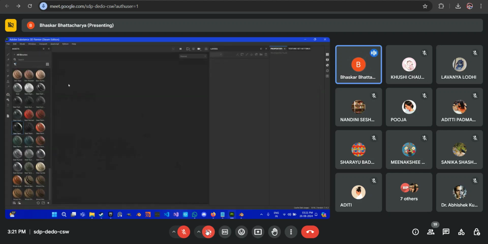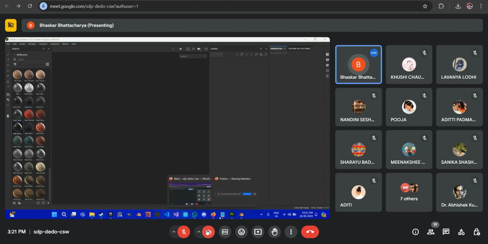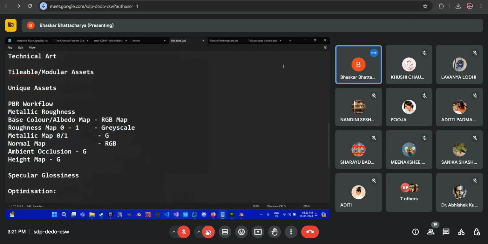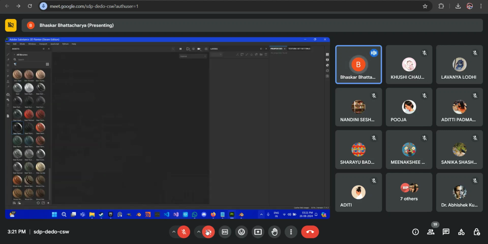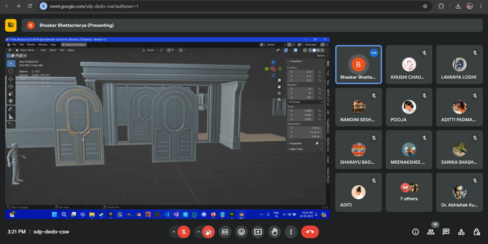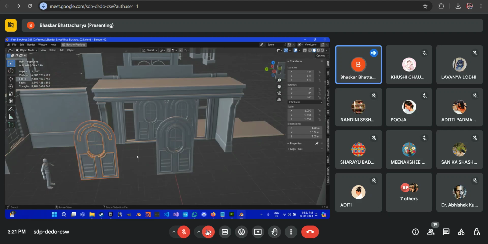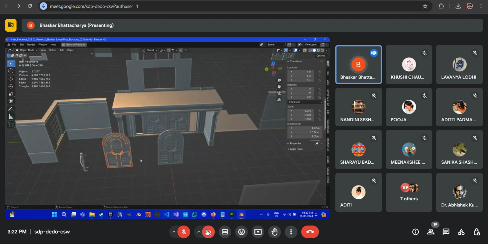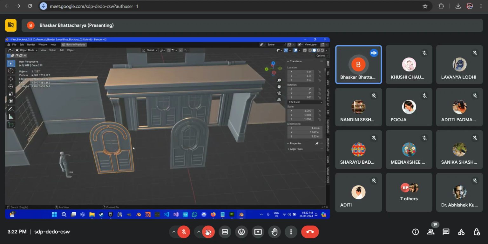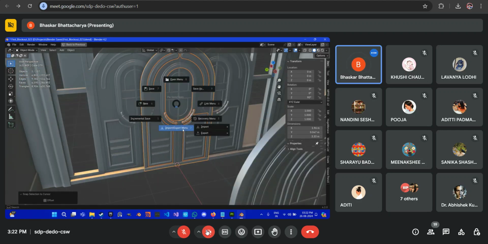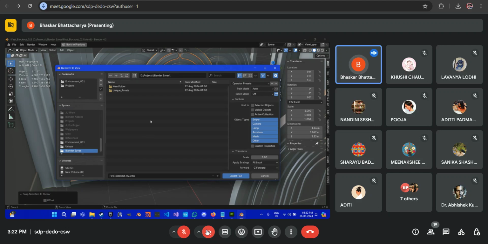So first, let us bring in one asset inside Substance Painter. Like I said, we are going to follow the metallic roughness workflow. So we are going to import one asset first. I have this low poly model, so I'll just show how exactly this has to be exported. I'll select all the components that this has, move it to the world origin, go to export FBX,